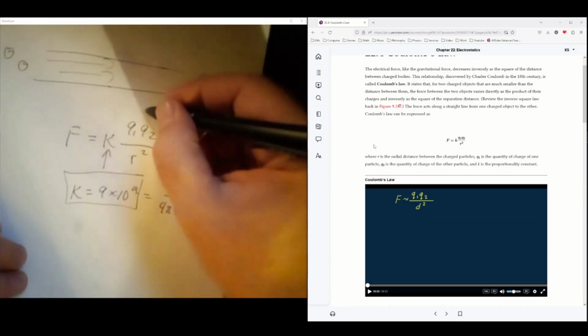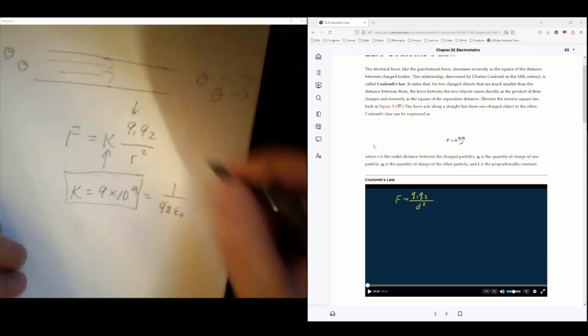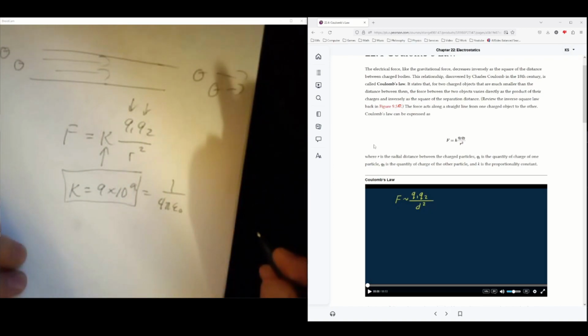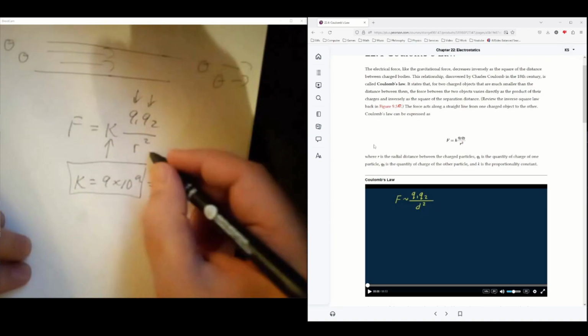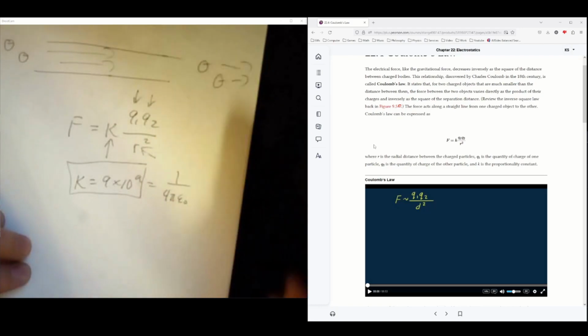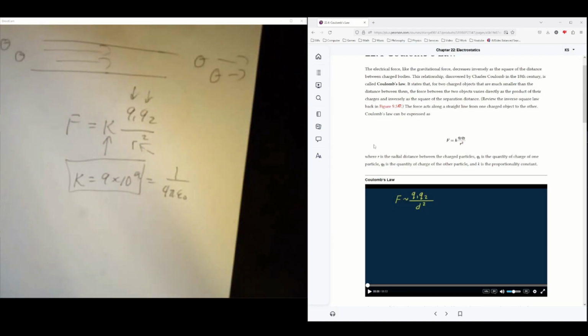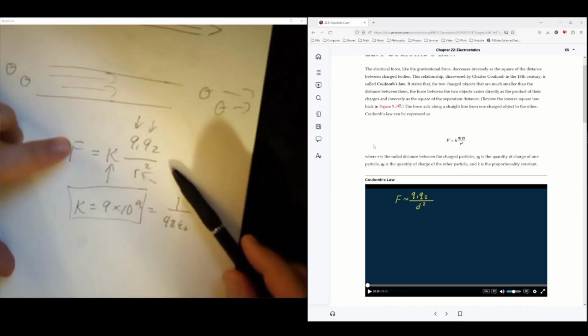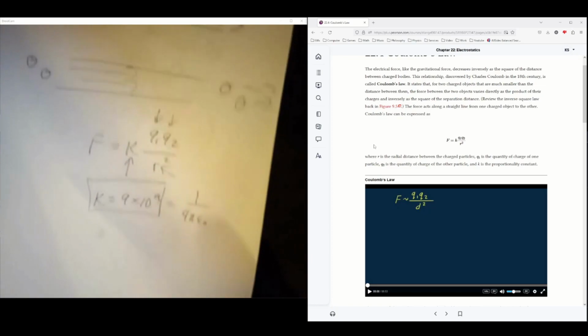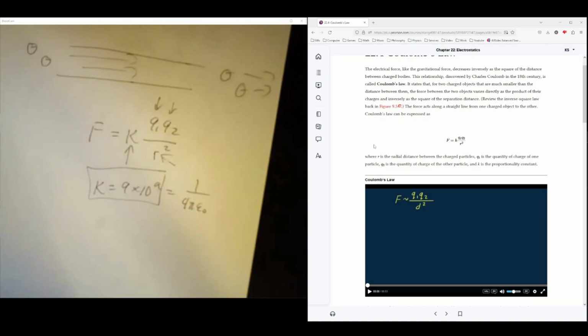And then what charge we have, we'll put charge 1 here, we'll put charge 2 here, and then we will probably have a distance of separation we put in there, and then we can figure out the force in newtons that these charges have. And Coulomb actually figured this out experimentally, this result,